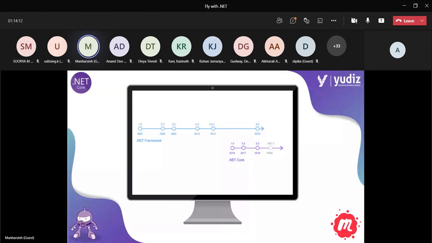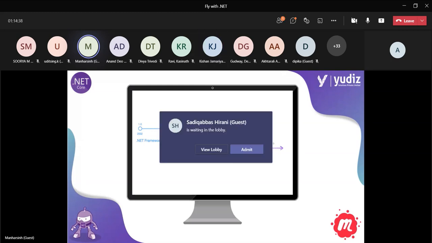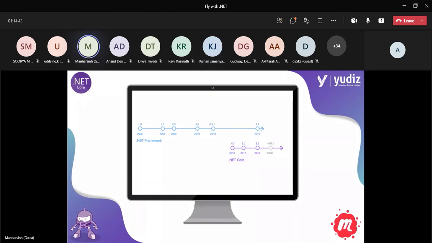In 2016, .NET Core came into the picture. They released the first version of .NET Core, which was 1.0. Afterwards, in 2019, they released 3.0 and 3.1. Now Microsoft thought that .NET Framework had already reached version 4.8 in 2019, so there might be a collision or confusion between users and developers. So to continue with the same naming sequence, they suddenly changed the sequence